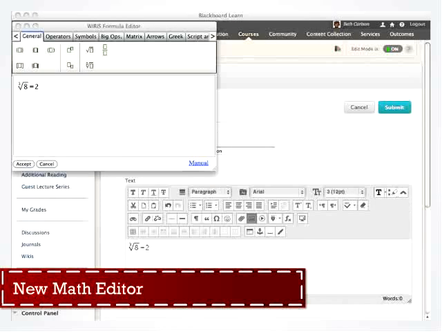Okay, so make sure you try that out when you get a chance. And then a new look at the updated math editor. Again, here we might have experienced this already in CourseSites. Just a reminder that as we went up to the latest content editor a few months back, you've had access